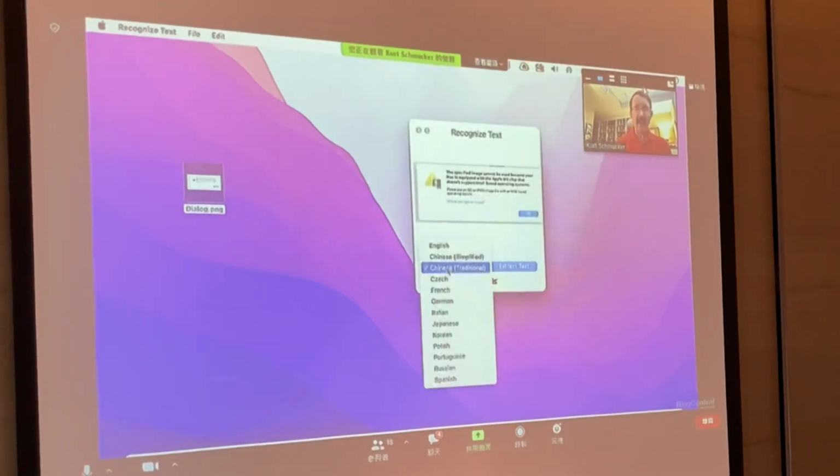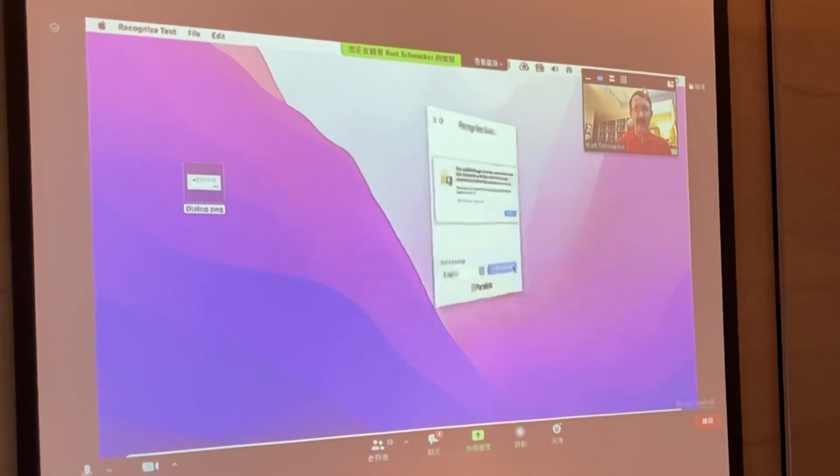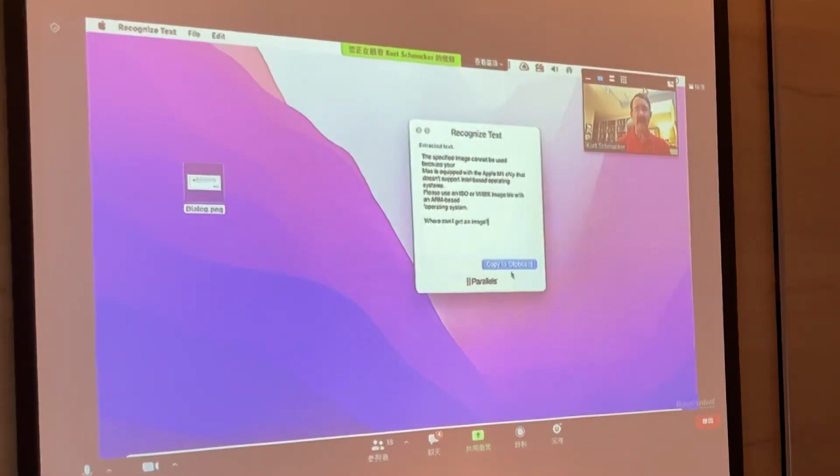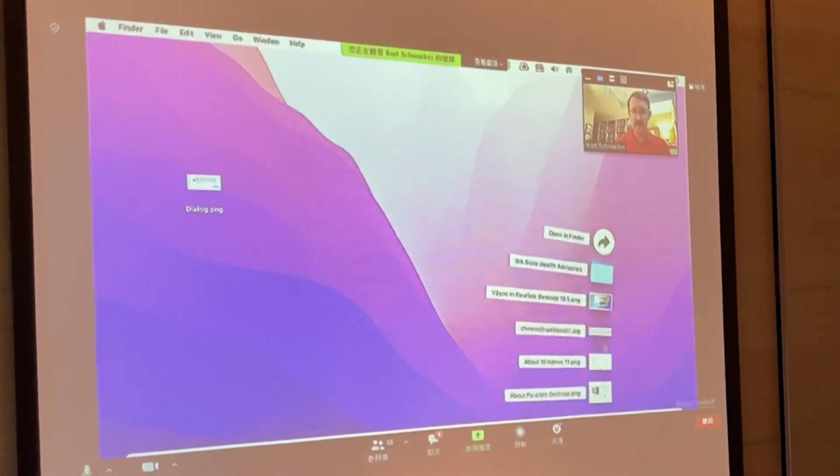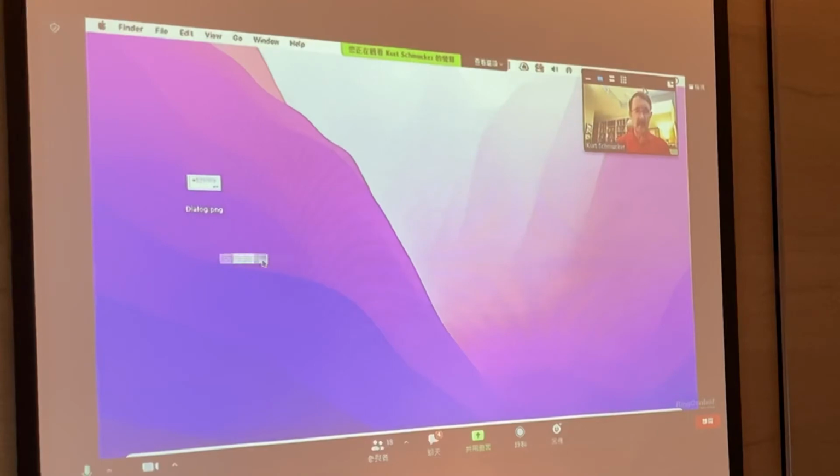Tell it what language it is, and it will extract the text and have that text available for you for editing. 我就能够把 recognize text 这个工具给打开，然后把刚刚那个截图呢给拖进来，同时选择呢我要它认定为是哪一种语言，然后大家刚刚看到就转换成文字了，图形里面的字就转换成可以编辑的文字了。